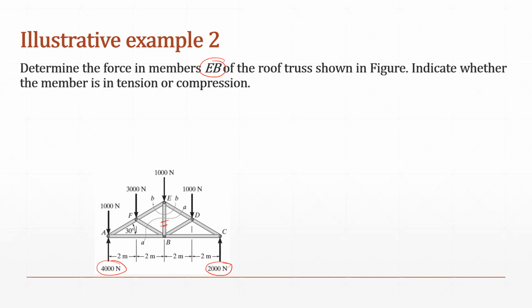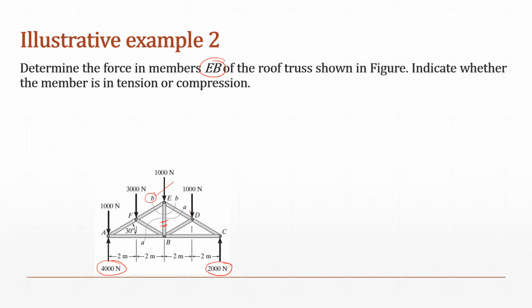If we cut the truss along section BB, in that case, force in member ED, force in member EB, and force in member EF, all three forces are unknown, and it would be very difficult to solve the three equations that will form in this section. So first of all, what we can do is cut the truss at some other place